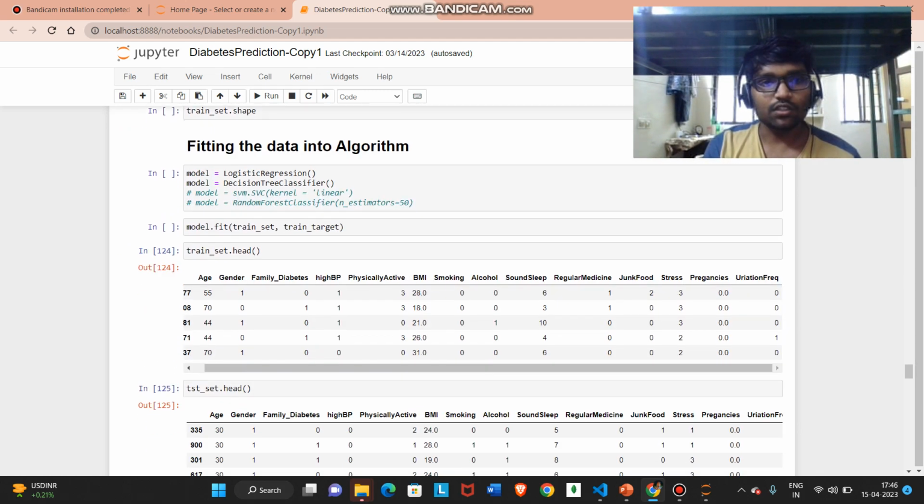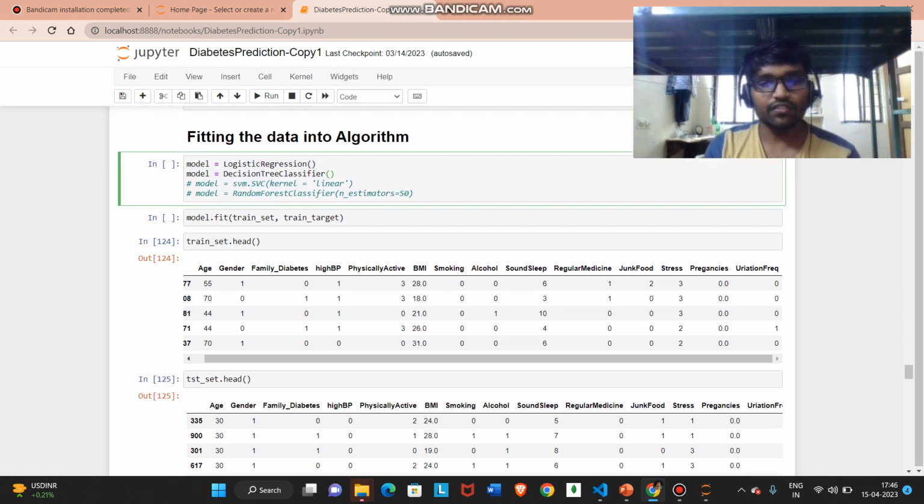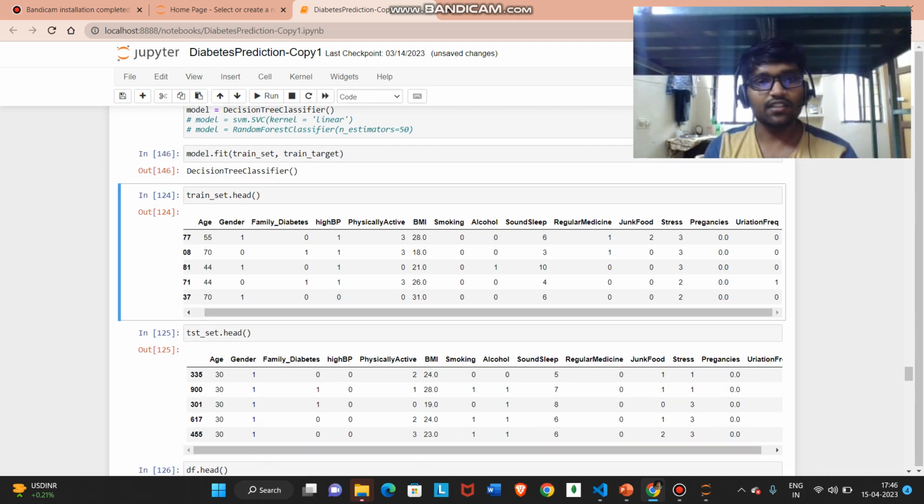And coming to the algorithm, we have instantiated all the algorithms. Currently we are on the decision tree classifier. If we just execute this cell, our model is instantiated with the decision tree classifier. Then if we train the algorithm, here we can see the result. And